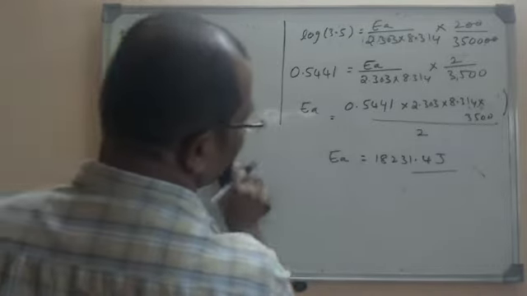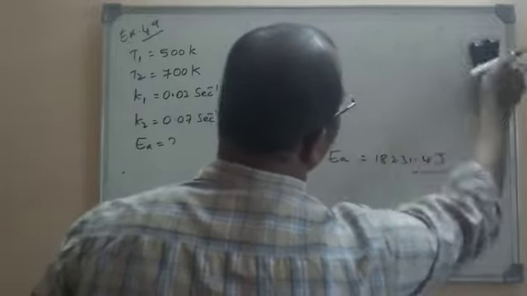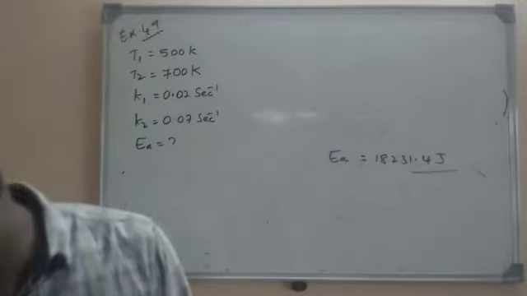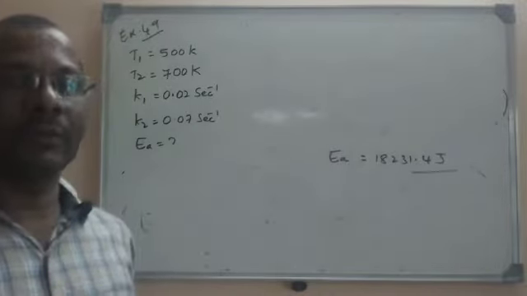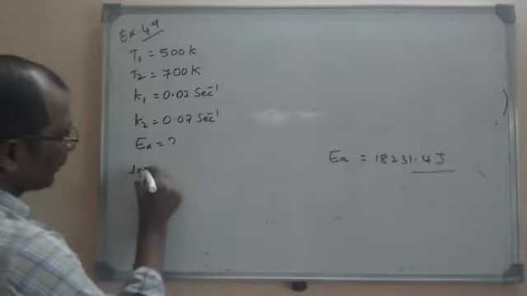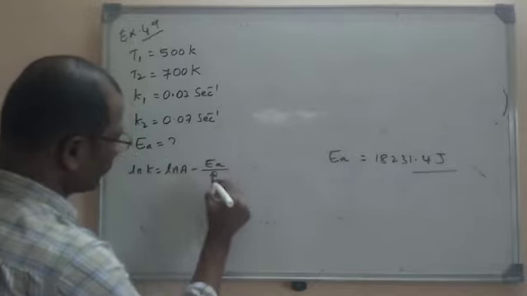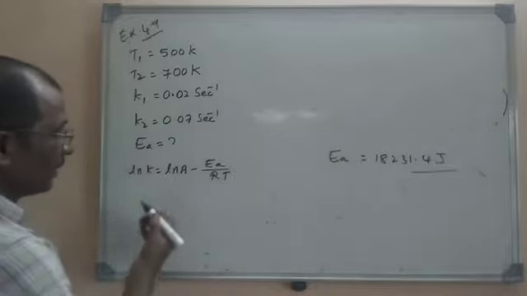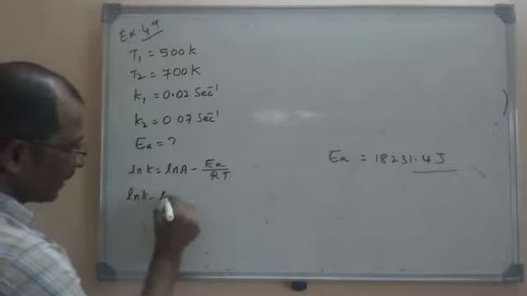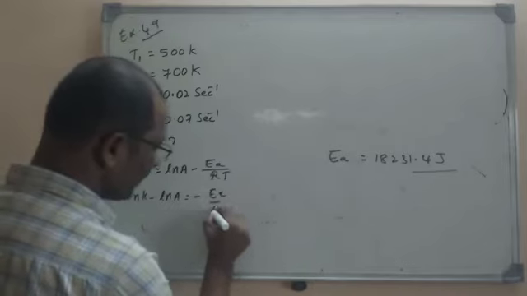So this is the first part. I think you have understood. Let us find the A. A is the Arrhenius factor. Just now I told you that it is the number of collisions occurring in 1 unit of volume in 1 unit time. Now the Arrhenius equation, what we know, ln K is equal to ln A minus EA by RT. This is the Arrhenius equation. Or you can take the terms to one side: ln K minus ln A is equal to minus EA by RT.